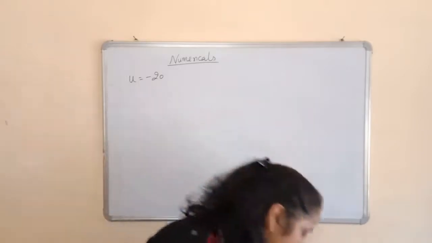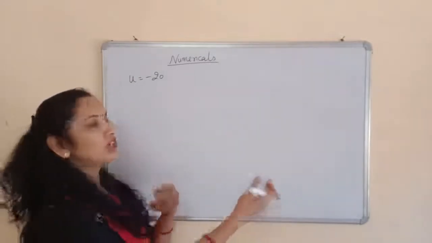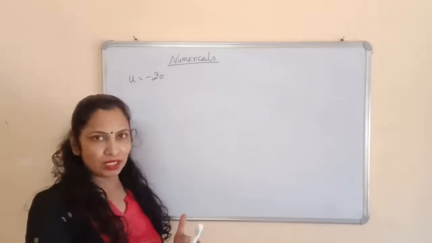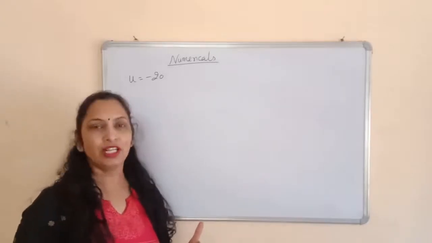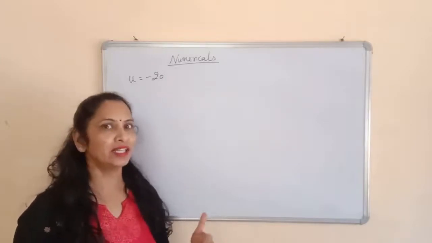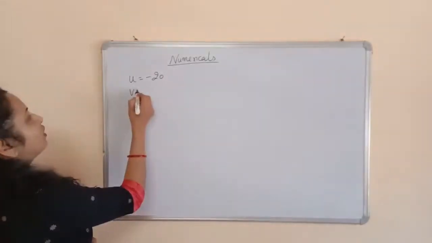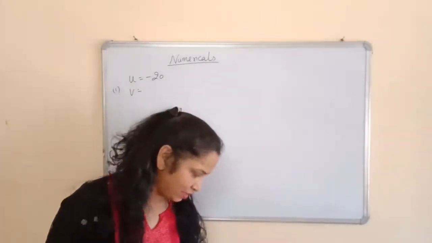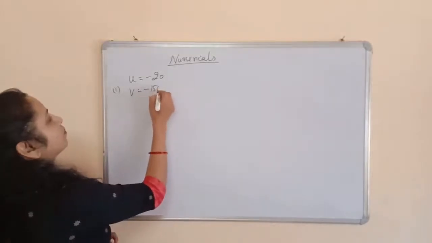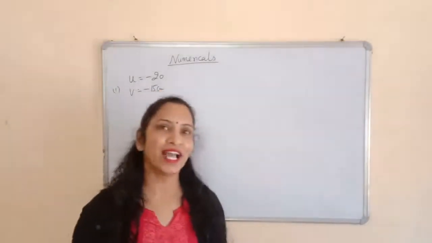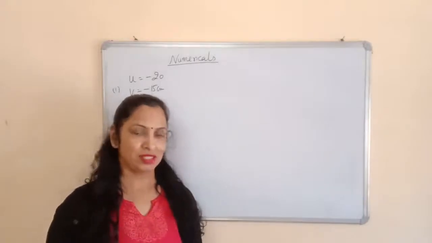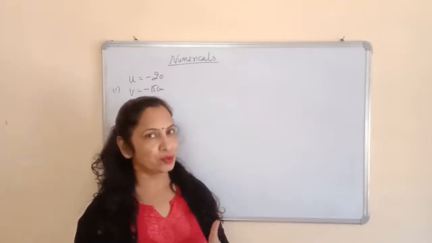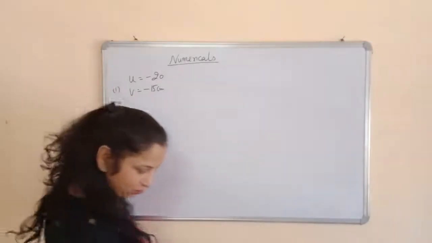The image is found 15 cm in front of it. Okay, what is the meaning of this sentence? If the image is formed in front of the mirror, it means the image is real. For the real image, we use V with the negative sign. So for the first case, if the image is formed in front of the mirror, it means V is minus 15 centimeter. Again, it should be clear that since the image is formed in front of the mirror, it is a real image, and for the real image we always use the negative sign. So V is negative for the first case.